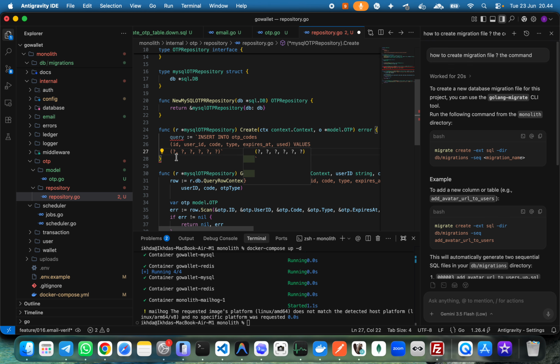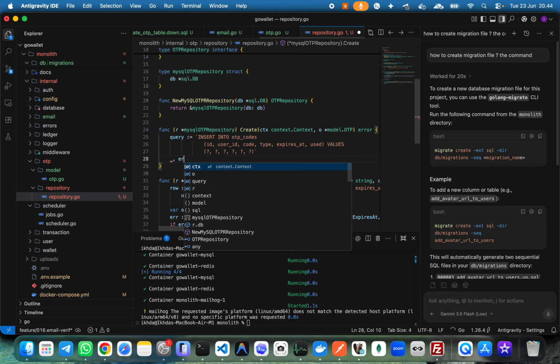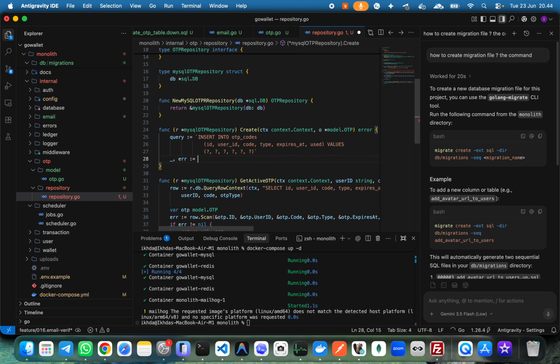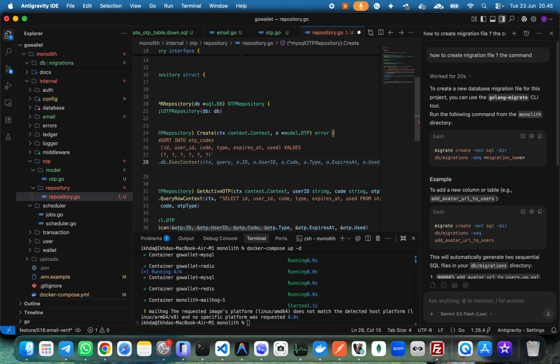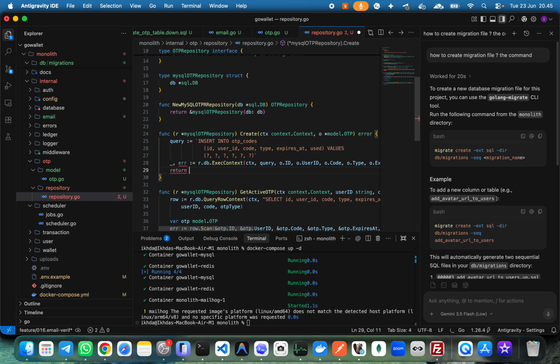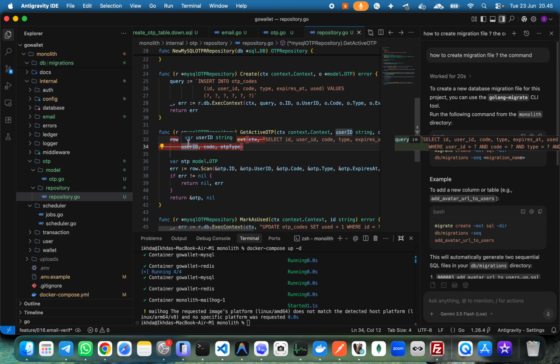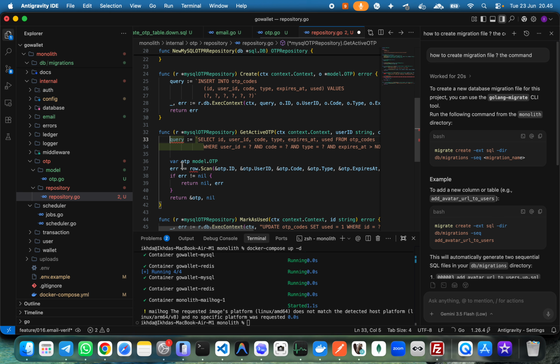Is it correct? 1 2 3 4 5 6. Yeah, 6. I think I want it to be here like this, and comma error, r.db.ExecContext, and yeah, this one, and return error. This one should be query